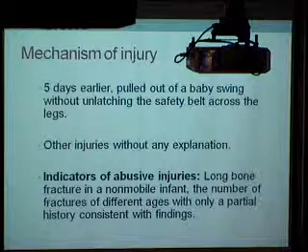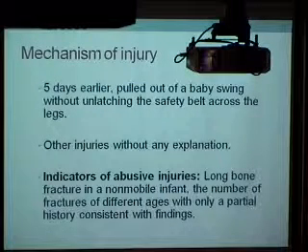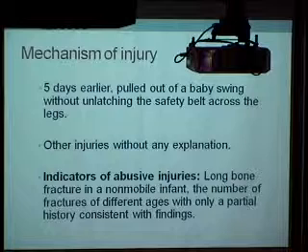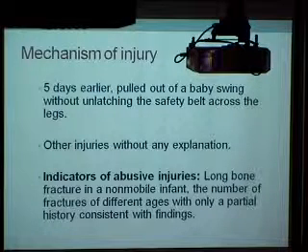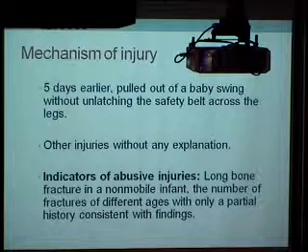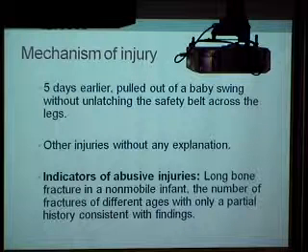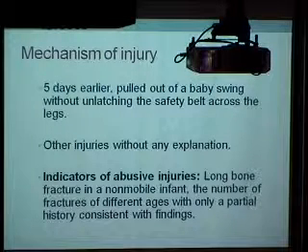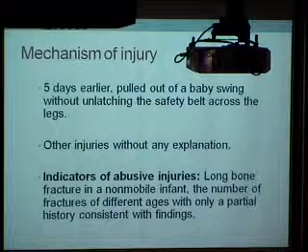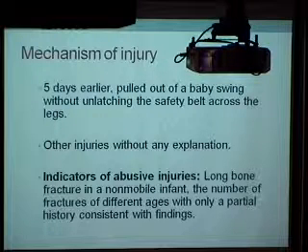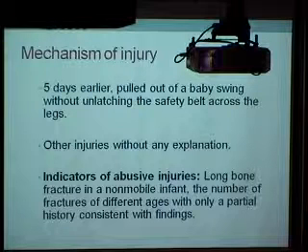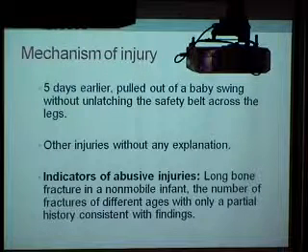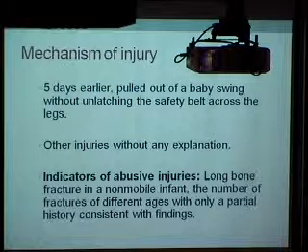So the mechanism of injury. She didn't present with a history of injury. Now going back and talking to the family, there is a history 5 days earlier. She was in a baby swing that had like a plastic lap thing that latched down across her, and she was pulled out of this because she had spit up, and the family noted that this would have come right across where the fracture was, and could that have been the explanation?